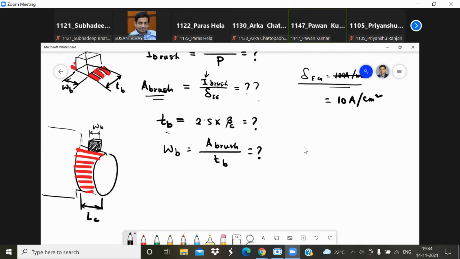Okay. Sir, after WB, what we have to calculate? Sir, I have done with the thickness of brush and width of the brush. After that, the WB, then you have to take the clearance from both sides and something for the riser. So I think you have one riser. This riser you can take around 15 to 20 mm, depending on the machine. You just consult the book. So in this way you can calculate the LC.